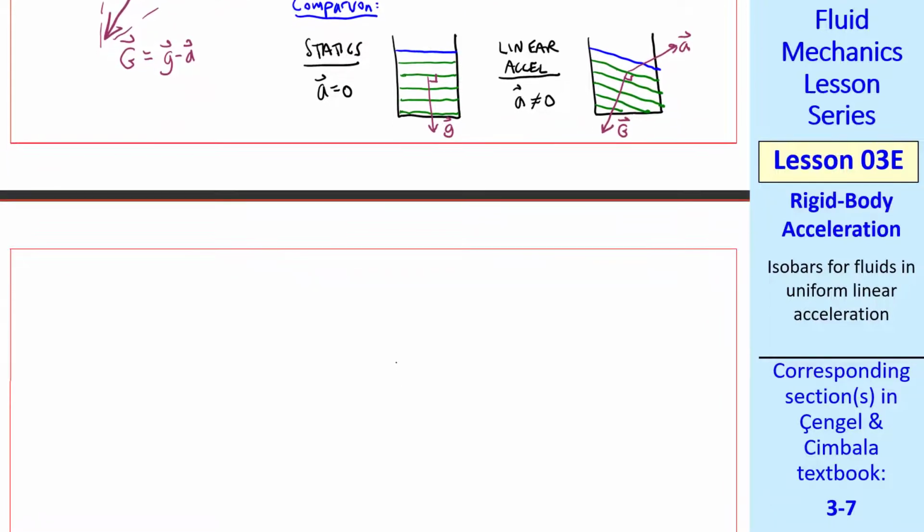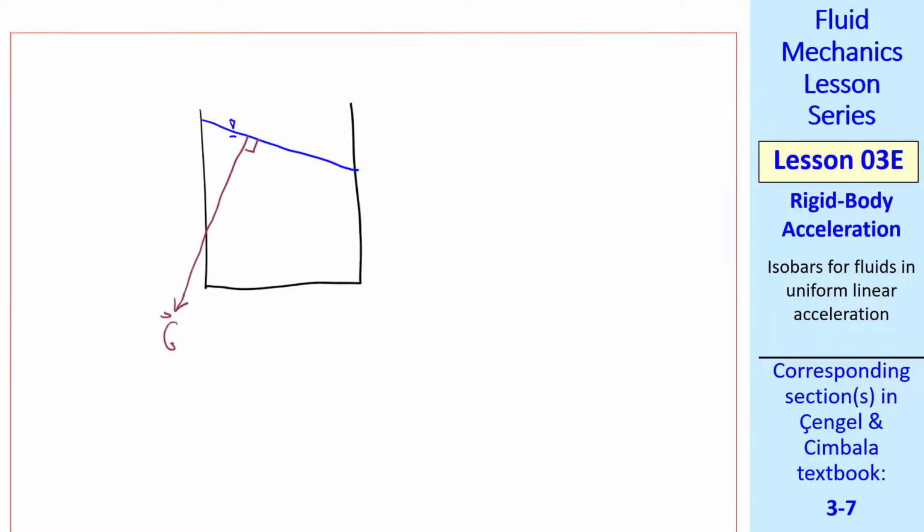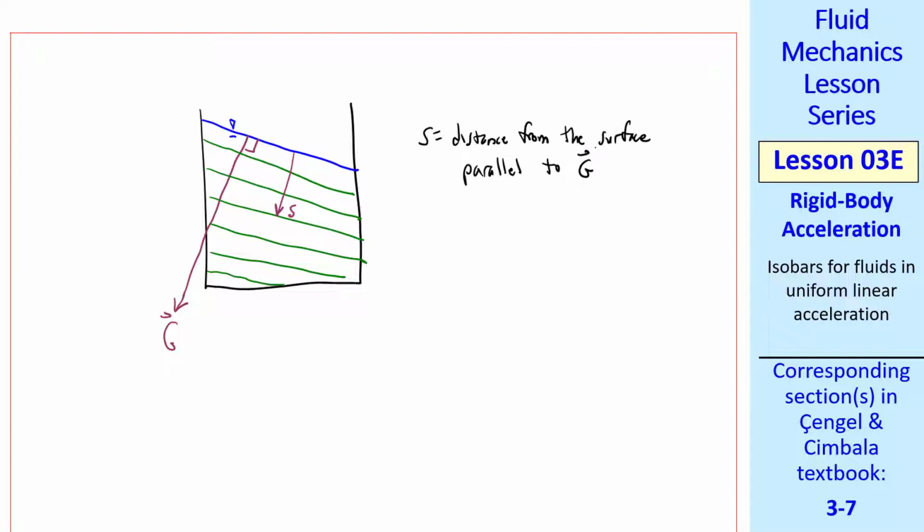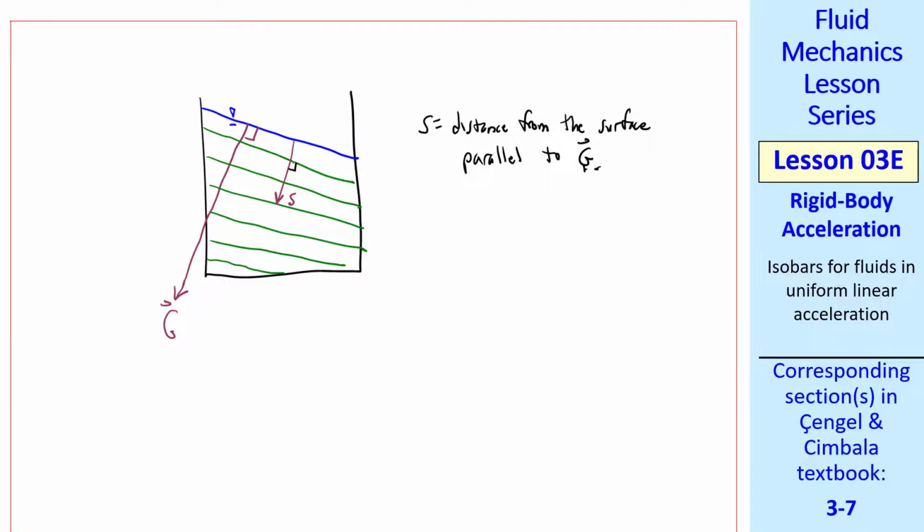Now I'll show how we calculate the pressure. Let's redraw our accelerating tank of water, showing the free surface and the isobars. Let's define S as the distance from the free surface in the direction of capital G. S is the distance from the surface parallel to G. It's perpendicular to the isobars. Since each isobar represents an increased pressure, the maximum pressure is here at the left corner, for this case with